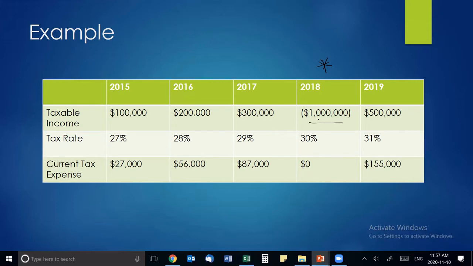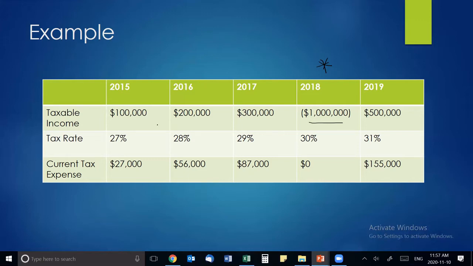Okay, so first thing you do is see, can this be carried back 3 years? And you want to go to the furthest year possible first, because once we get to 2019, we're going to lose out. We won't be able to claim anything from 2015 anymore, because in 2019, the last 3 years are 2016, 2017, 2018. Okay. So we want to go all the way back first